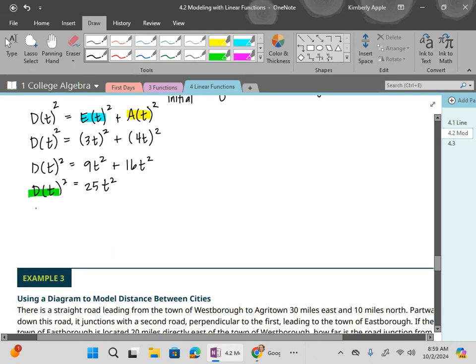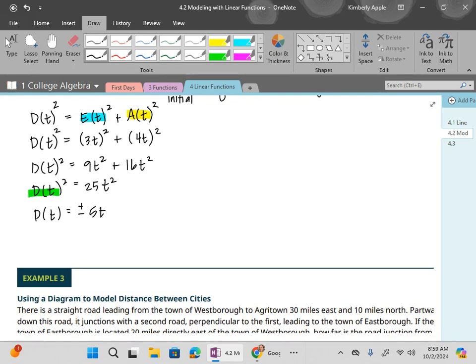Yes, I will take the square root of both sides. Thus, d of t is equal to plus or minus 5t. Only one of these makes sense, because if you look, you have a linear function now, right? Is this not a linear function, a slope times the variable? What's the intercept for this? 0. So does it make sense to have a negative rate of change here for the distance? No. So we will completely ignore the negative result and we'll take the positive, because that's the only thing that